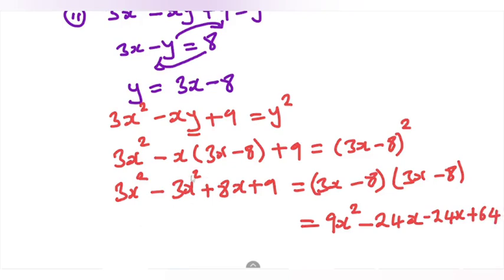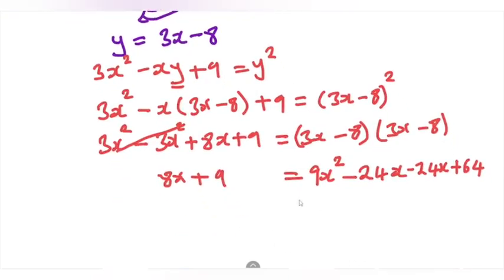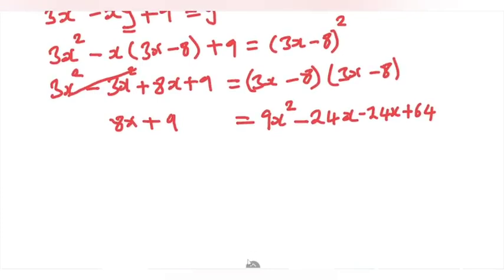Then here we can see these 3x squared minus 3x squared, they will cancel, it's a 0. So you just remain with 8x plus 9. Then from here, what are we going to do? So from here we can write